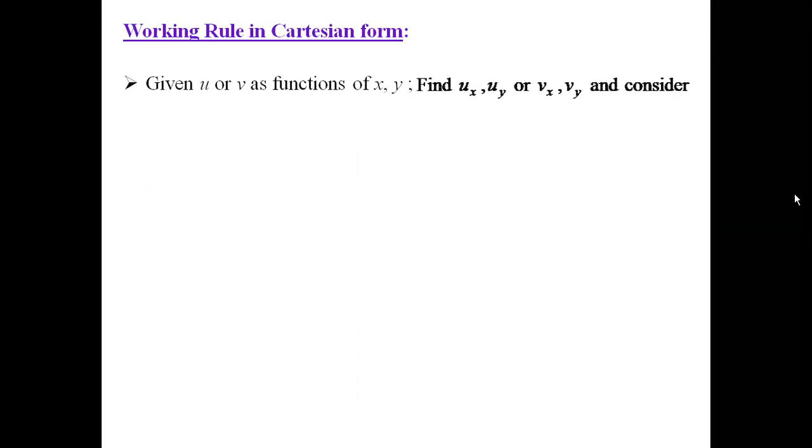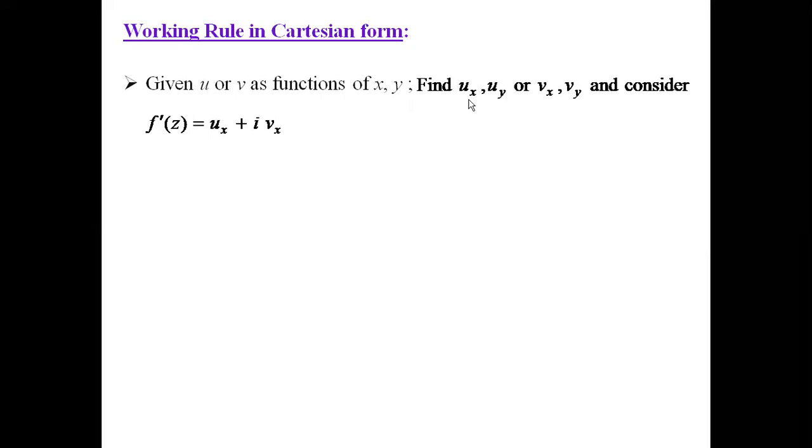Now we'll see the working rule in the Cartesian form first. Given u or v, the real or the imaginary part of the analytic function, as functions of x, y, we first find ux, uy or vx, vy and consider f dash of z is equal to ux plus i into vx. Given either the real part u or the imaginary part v as a function of x, y, we first